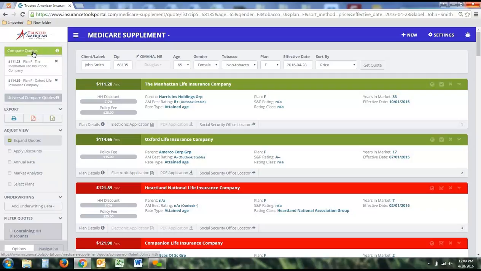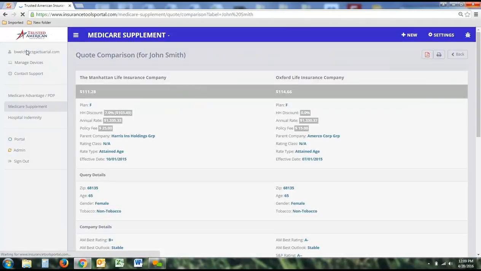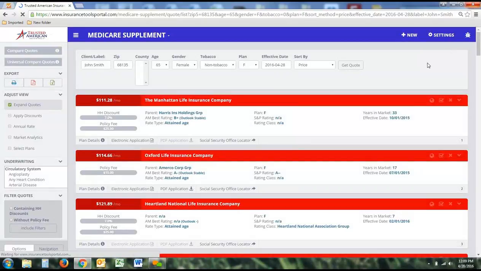After you've selected a couple that you want to compare, you go ahead and click this green Compare Quotes button. It will now take you to a new screen where it'll show you each product in a side-by-side analysis, and it'll give you all the company and query information that you ran for this quote. This can also be exported to PDF, and it can also be printed, and this is where the client or quote label will come into play. So if you typed in John Smith on your client or quote label, John Smith's name will show up on these printouts. To get back, all you need to do is click the back button, and it'll take you back to that previous results screen